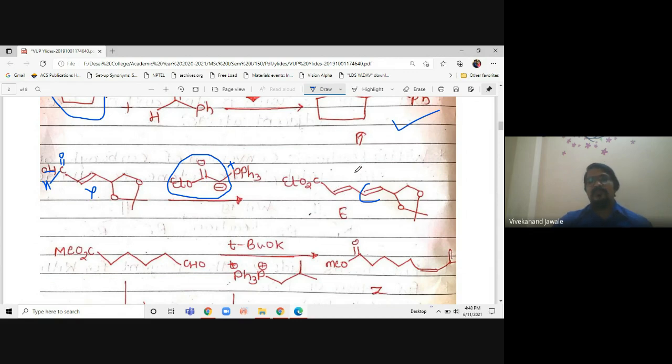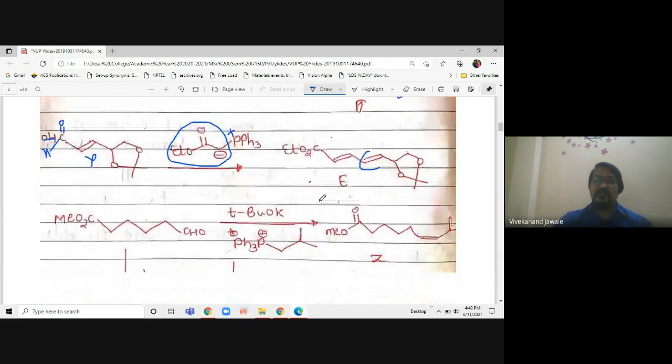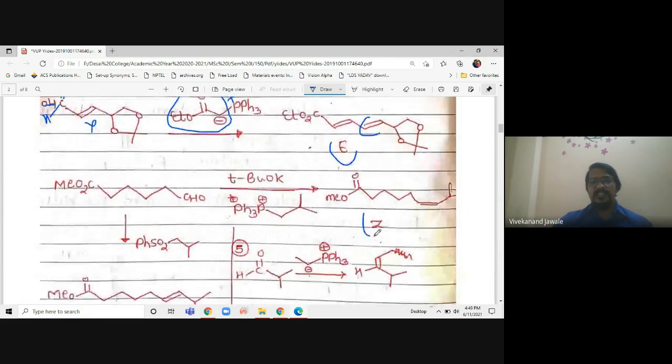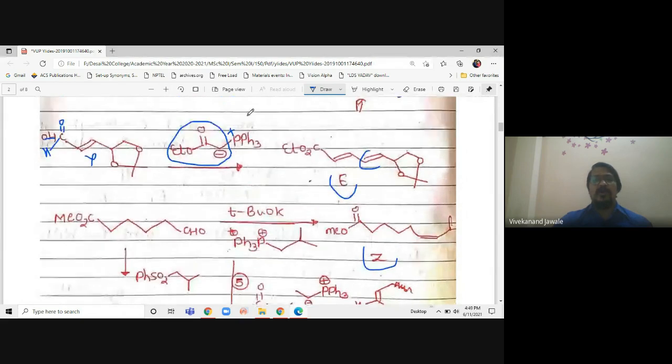So if you remember the stereochemistry that I have taught you yesterday about E and Z, so always if there is this type of halide, this type means which type, that I'm going to tell you now. We are getting an E product and sometimes we get a Z product. Okay, so what is the difference between E and Z product, that I'm going to tell you now. This is again a very important type of question. They are always asking a question on this. Okay, so what I will do